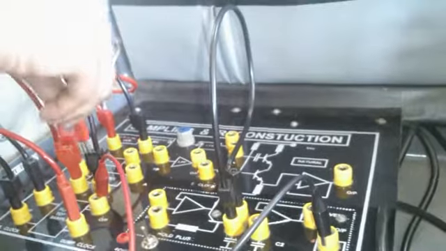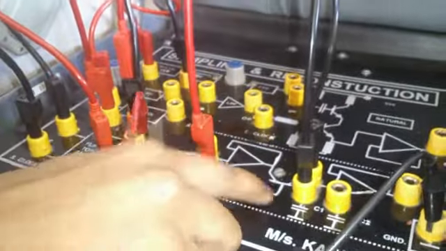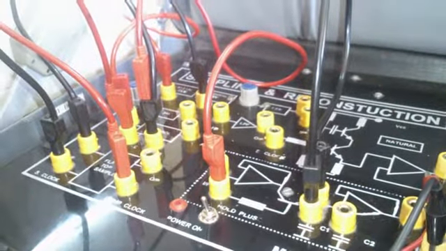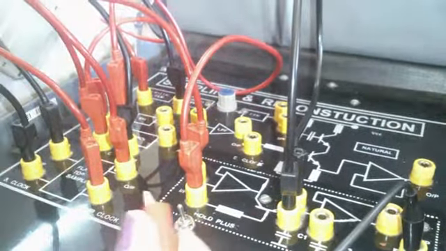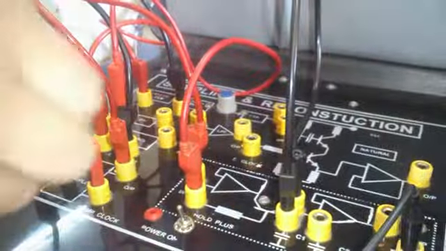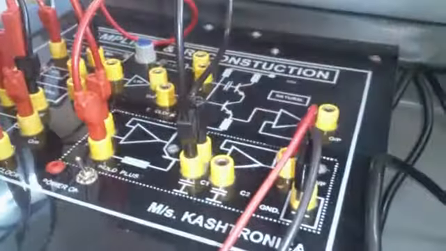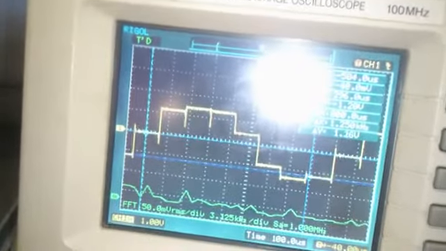Then you have to give B of the control to the hold pass of the receiver. Remove the output. Connect the output of the flat top sample to the input of the receiver, because now we have to see the output from the receiver, and then connect this output over here. So now you get a sampled waveform.